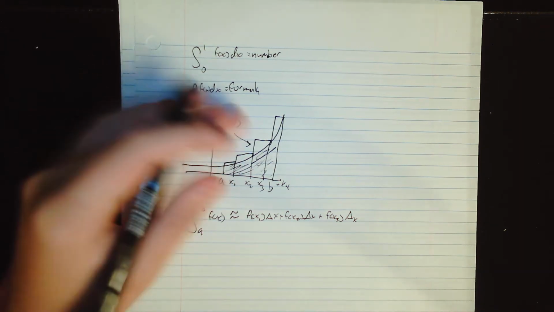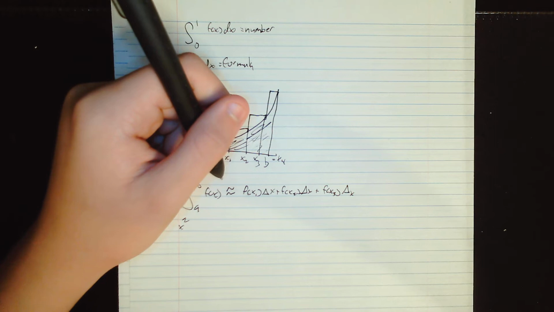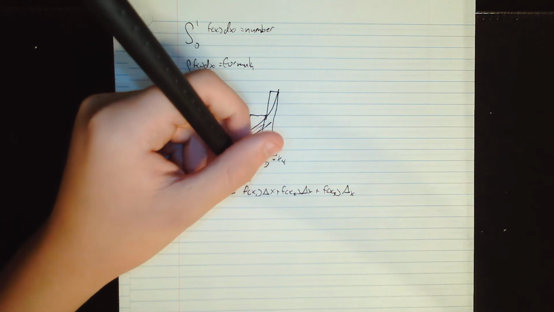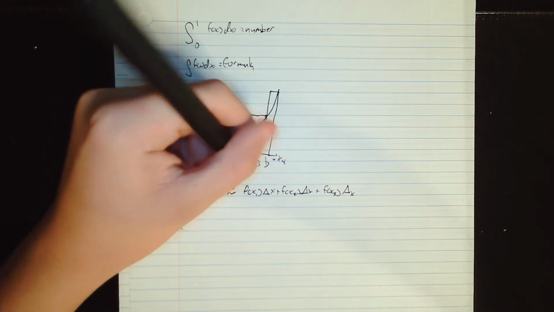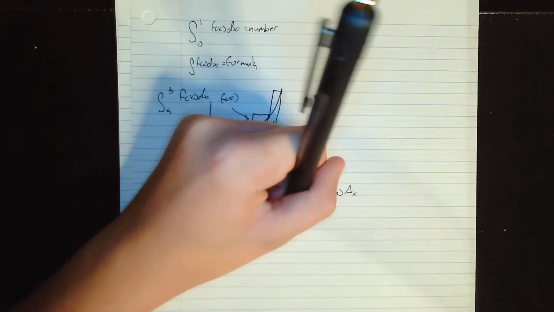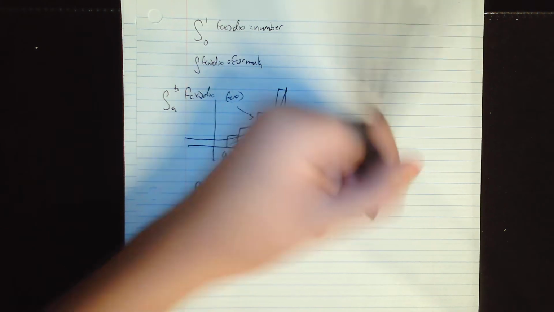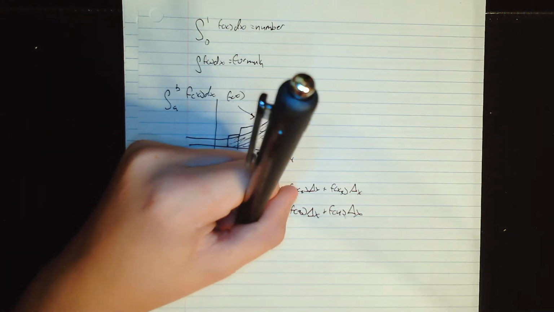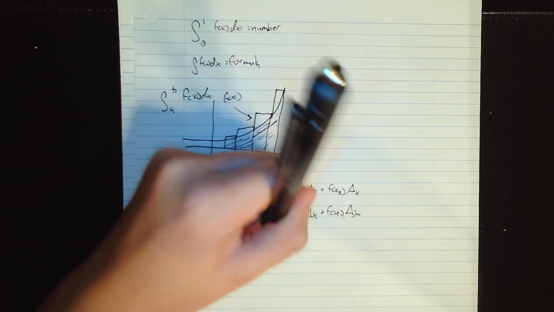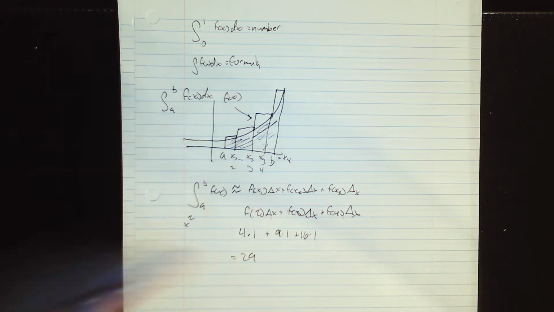So now, for instance, we could figure out generally what this is. Now we need the function for this. So generally, let's say the function was x squared. We could represent these by maybe 2, 3, and 4. So we could do f of 2 delta x plus f of 3 delta x plus f of 4 delta x, and then we do the math. Delta x is the distance between these, so all of these are 1. So it's 4 times 1 plus 9 times 1 plus 16 times 1, which all in all is 29,